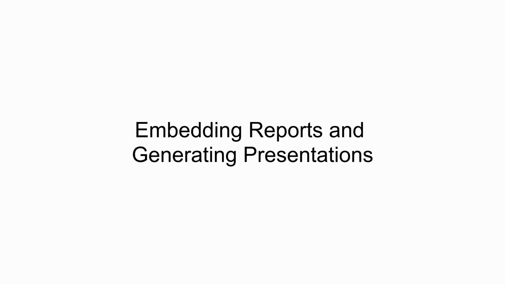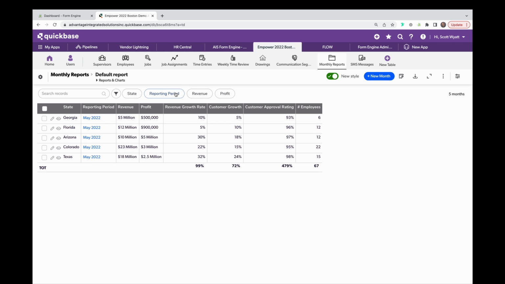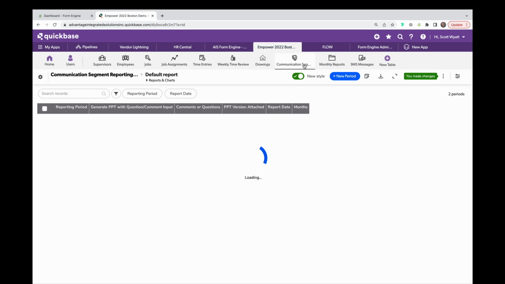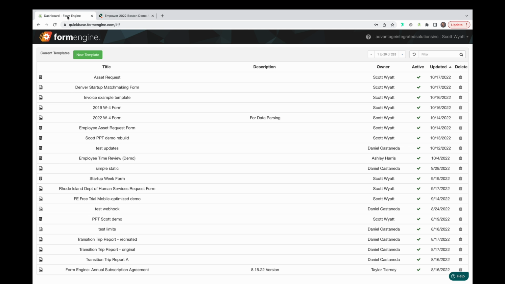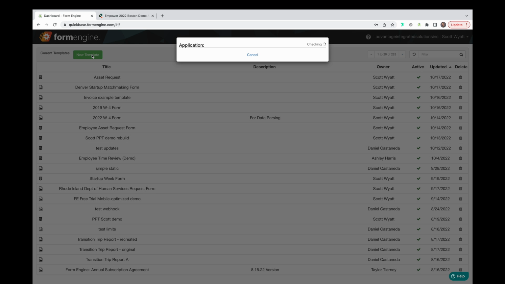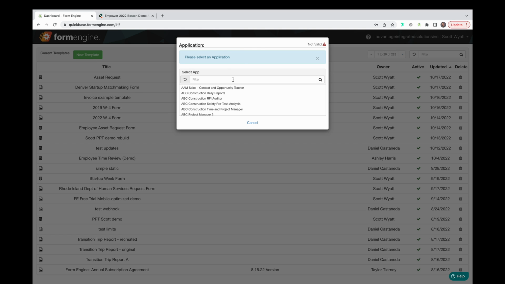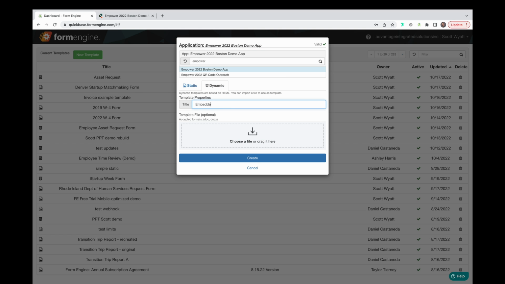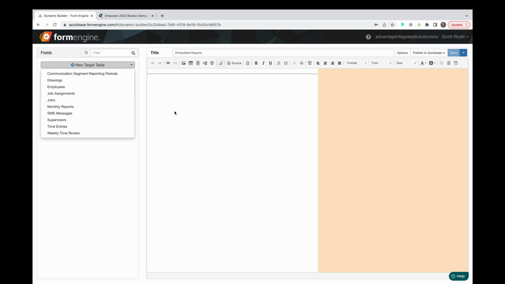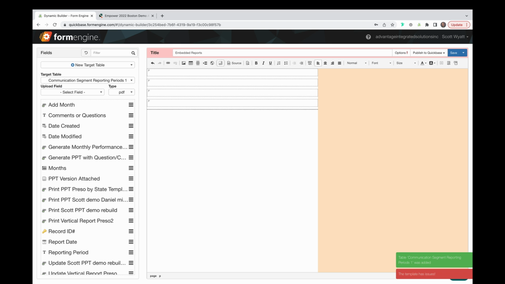Embedding reports and generating presentations. I'll show you how to embed child reports in a dynamic document here. I have these child records that roll up to a monthly parent record, and I want to embed them into a dynamic form. I create a new dynamic form to the parent record. I'll just give it a quick title and some formatting,